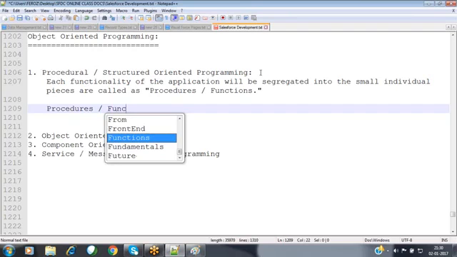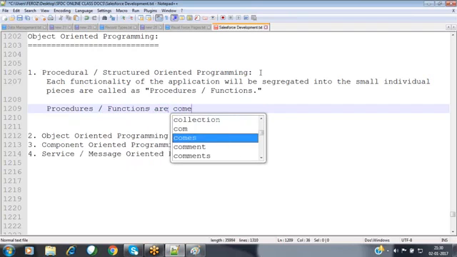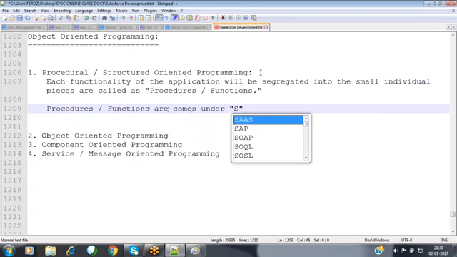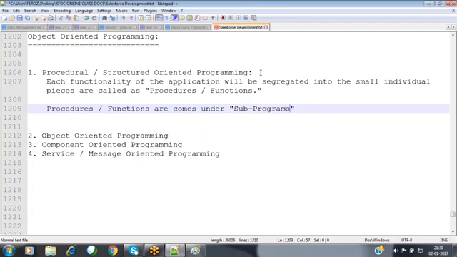Procedures or functions come under subprograms.